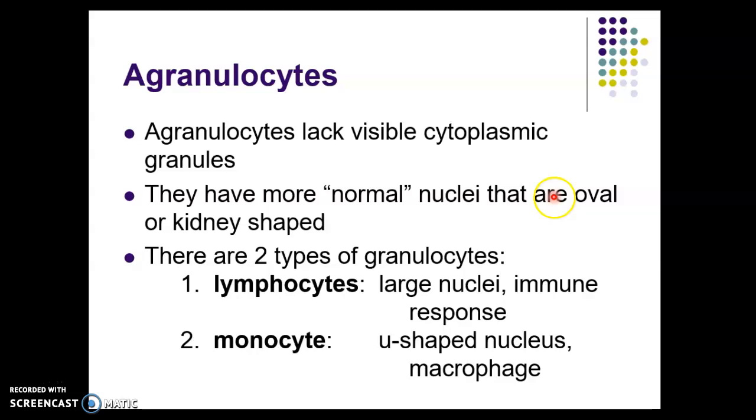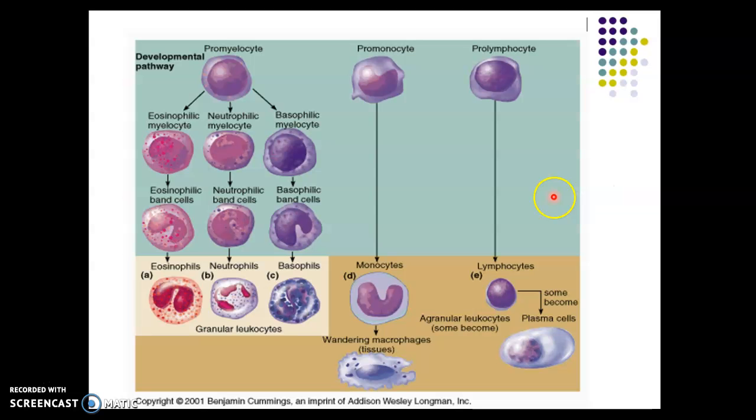Agranulocytes, we have 2 types. We have lymphocytes and monocytes. Lymphocytes are really large, and they have a big oval-shaped nucleus. And then monocytes have a U-shaped nucleus, and they're actually like professional Pac-Man eaters. This is looking at lineage, which I will